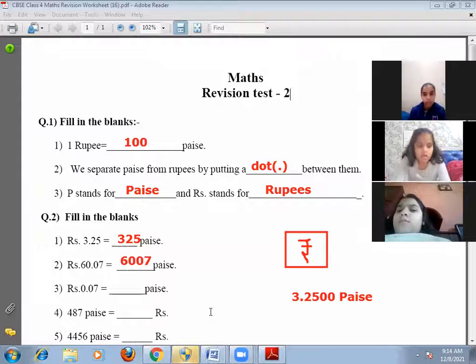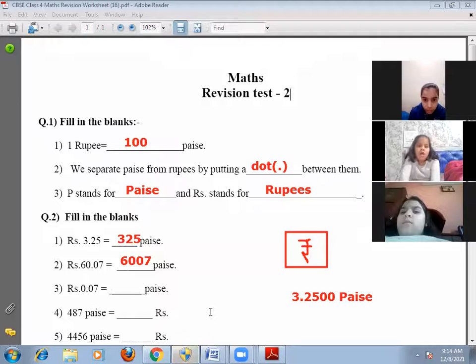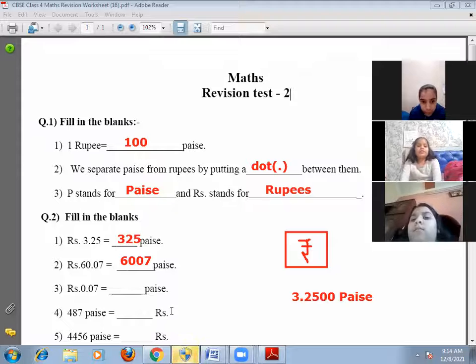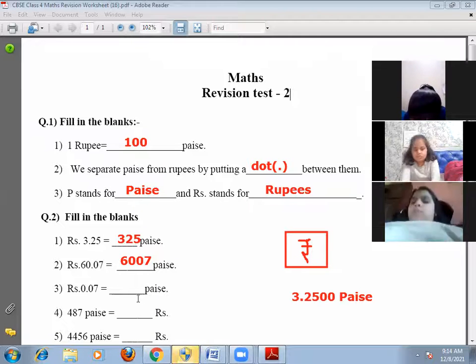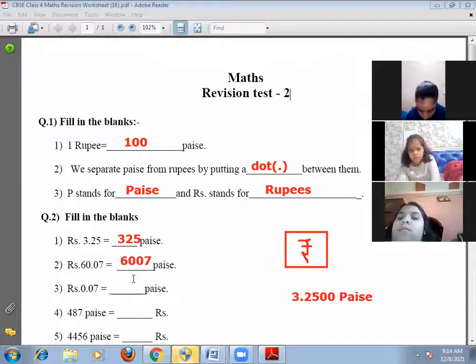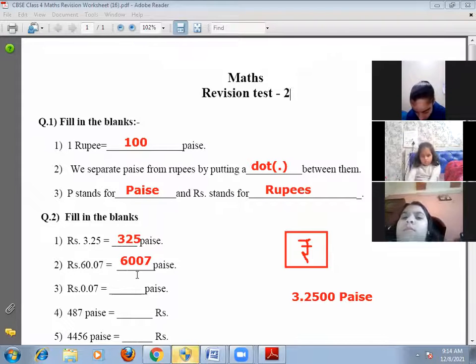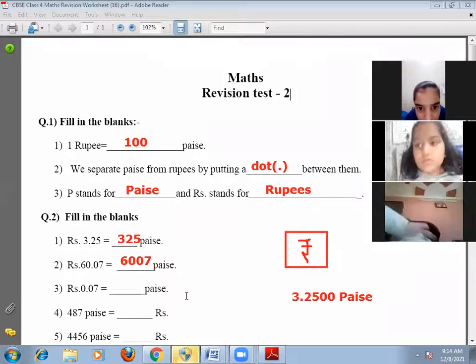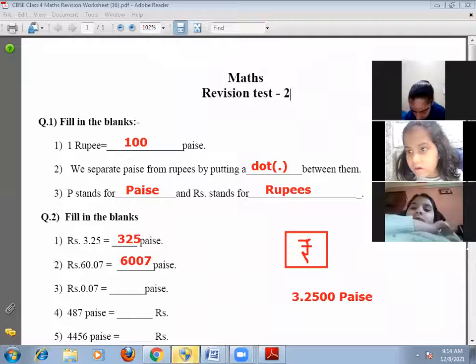So we are just going to remove the dots over here. Okay. Is it clear? Yes, ma'am. You can also tell me the answer with the help of removing the dots, with the help of digits also. Or if you are going to say it, it will definitely be 6007. 6007. Okay. It is clear?